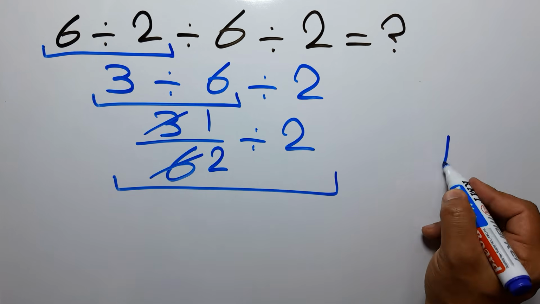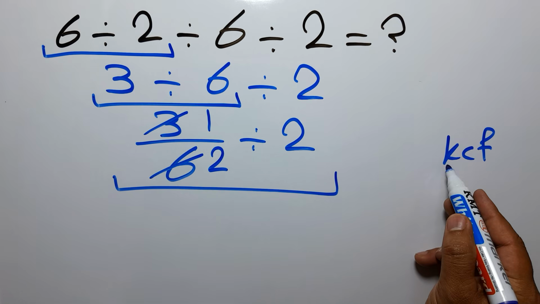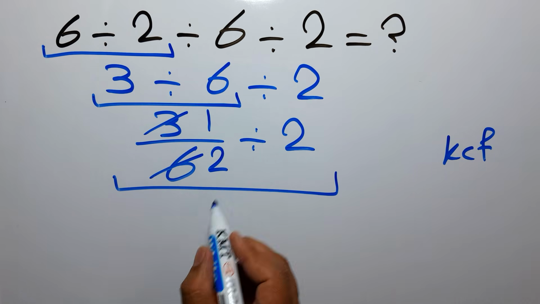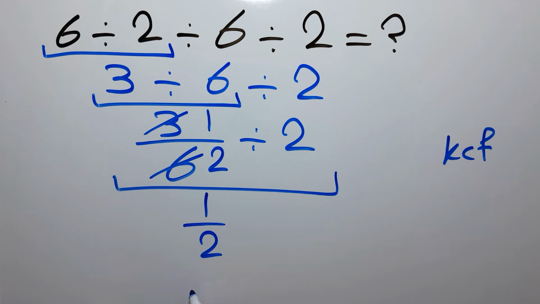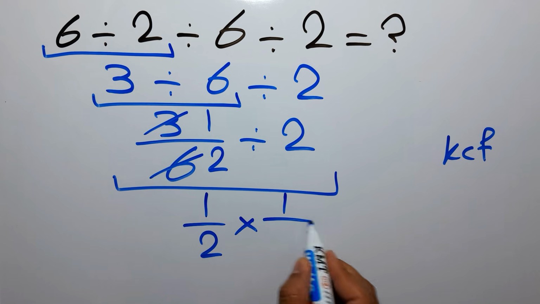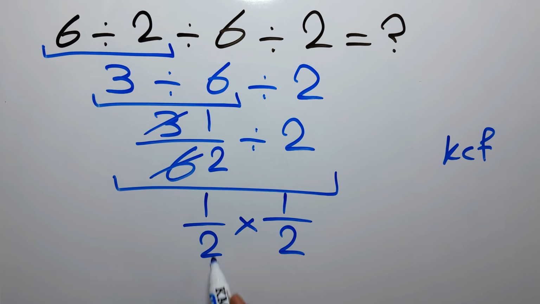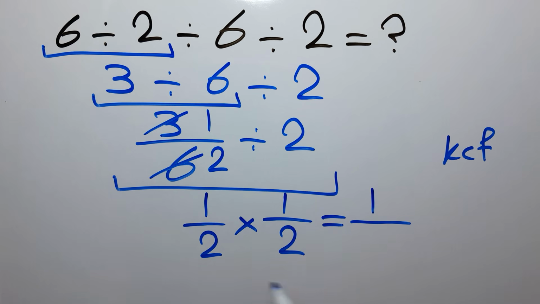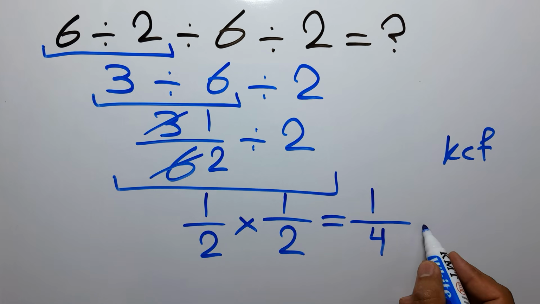According to the KCF rule, K stands for keep, C stands for change, and F stands for flip. We can write keep the first fraction, change division to multiplication, and flip the second fraction. So we have 1 over 2 times 1 over 2, which equals 1 times 1 gives us 1. So 1 over 2 times 2 equals 4. So we have 1 over 4 or